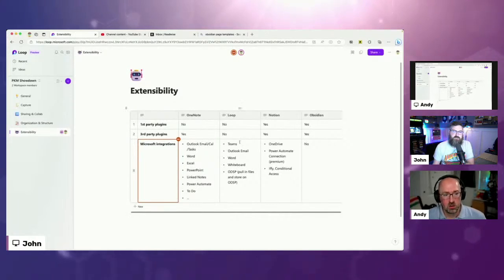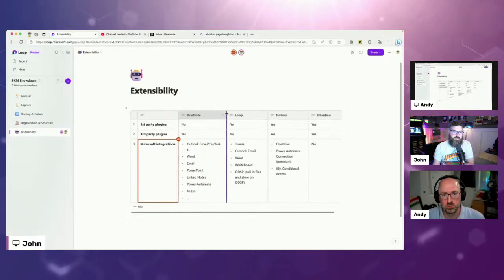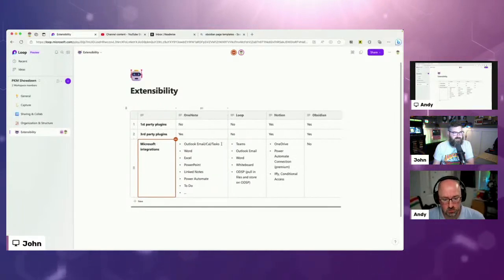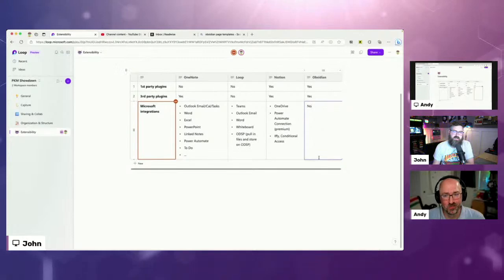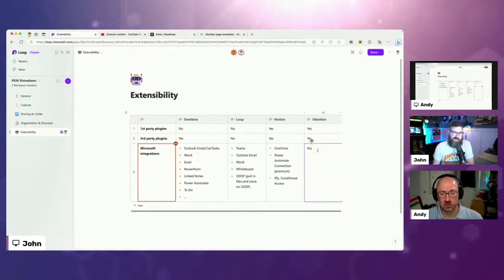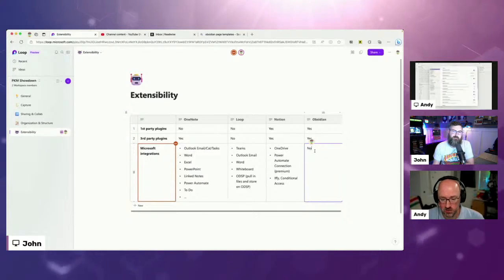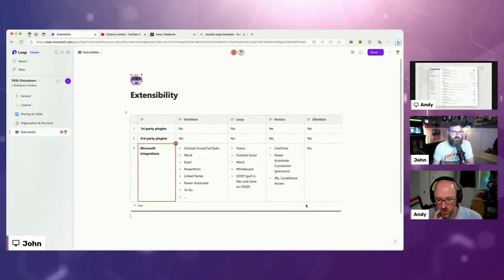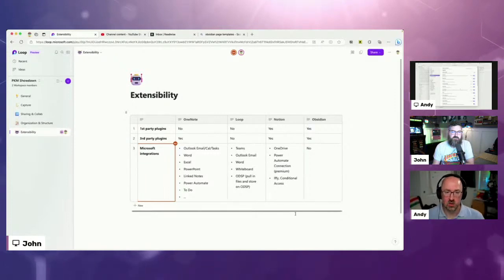That's the thing I struggle with too, is OneNote is just so integral to the M365 process that it's hard to not use it, in some ways. So with Obsidian, I just marked that down as no. In my own Googling around trying to find it, the only thing I found is people saying, well, you can add OneDrive links to files manually. So I don't know of any integrations. I don't think there's really actual integrations for Obsidian.